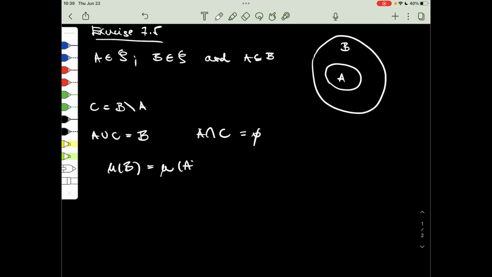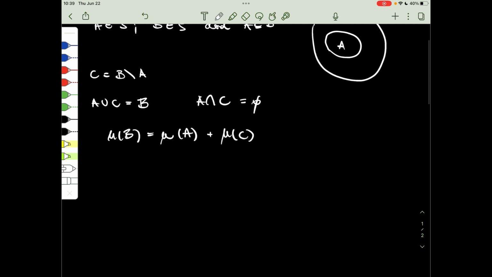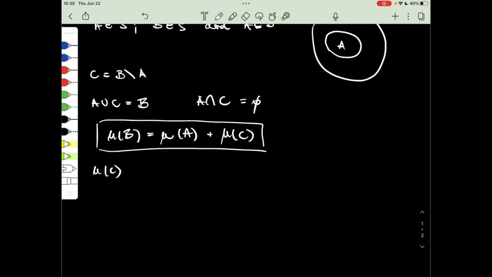The measure of set B is the sum of the measures of the two sets because they are disjoint. This is a main result which is very useful, and given the fact that